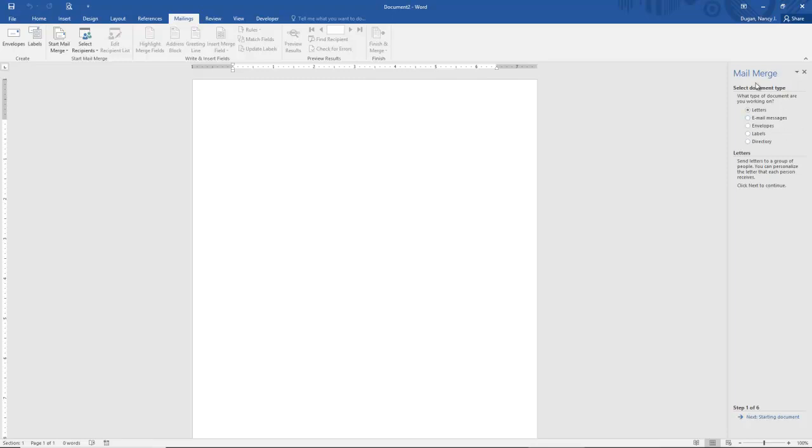So the first step here comes over in the right-hand pane. And the first step is it asks, what are we doing? Are we doing letters? Are we doing emails, envelopes, labels, or a directory? And for our first example, we're going to do a letter. What's kind of confusing is that the way you move forward is down here at the bottom. So I'm going to come down here where it says step 1 of 6 and I'm going to hit next